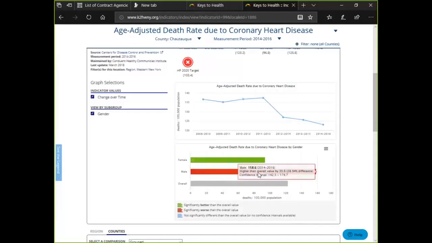So for our male population, it reads that roughly 158.6 men in Chautauqua County die from coronary heart disease per 100,000 population. So this is a great way to visit the site and get the data that you're looking for. Now, once more, if you place your cursor on any of these charts here, there are these three icons that